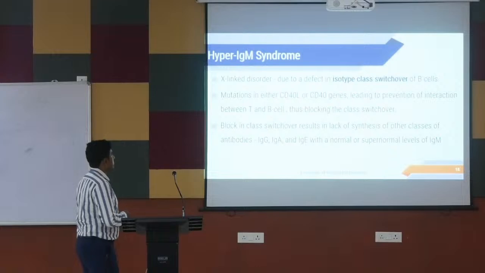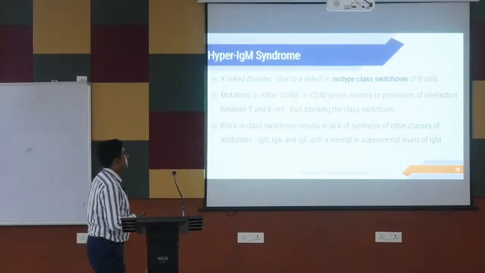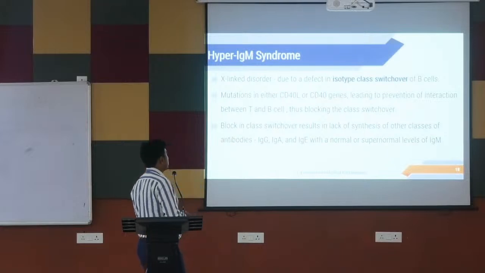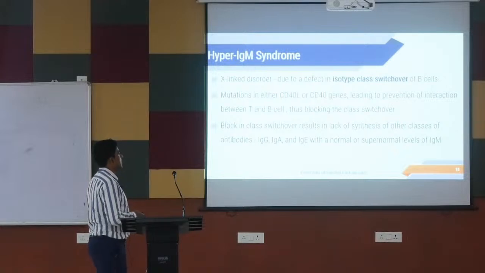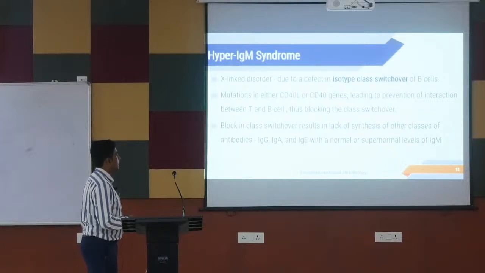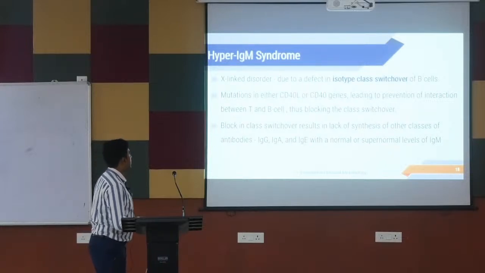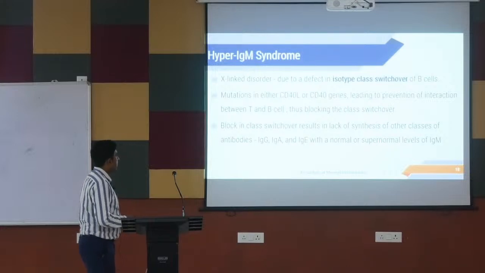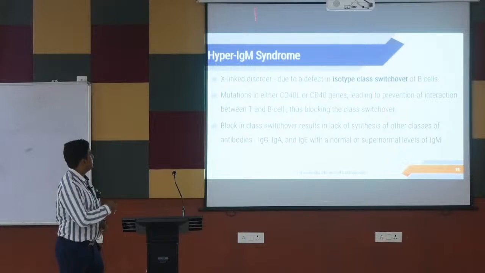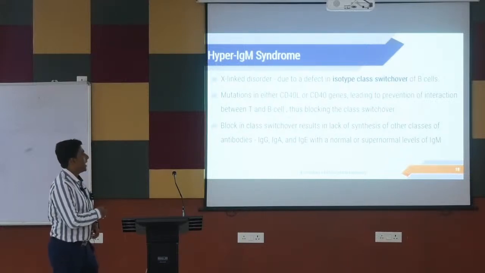তারপর hyper IgM syndrome. This is an X-linked disorder due to a defect in the isotype class switchover of the B cells, mutations in either CD40 genes leading to prevention of interaction between the B cell and the T cell, thus blocking the class switchover. The block in class switchover results in the lack of synthesis of other classes of antibodies like IgA and IgE with normal or supernormal levels of IgM. ক্লাস সুইচওভারের জন্য সমস্ত ক্লাসগুলো থাকতো IgA আর IgE, যেহেতু এখানে ক্লাস সুইচওভার হচ্ছে না সেই জন্য শুধুমাত্র খুব বেশি হাইপার IgM থাকছে।